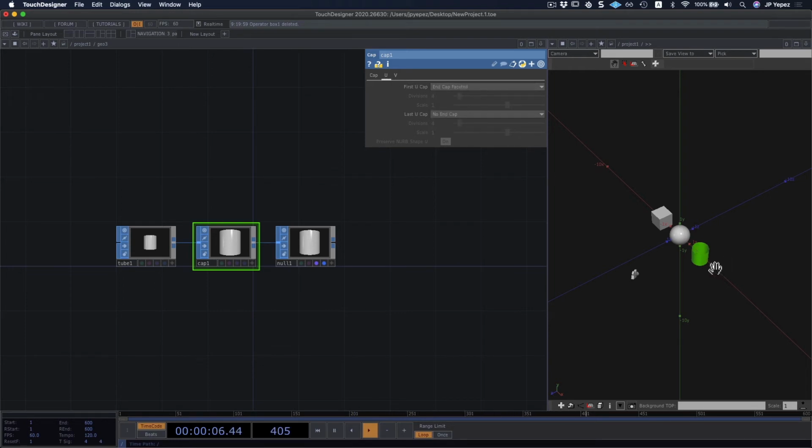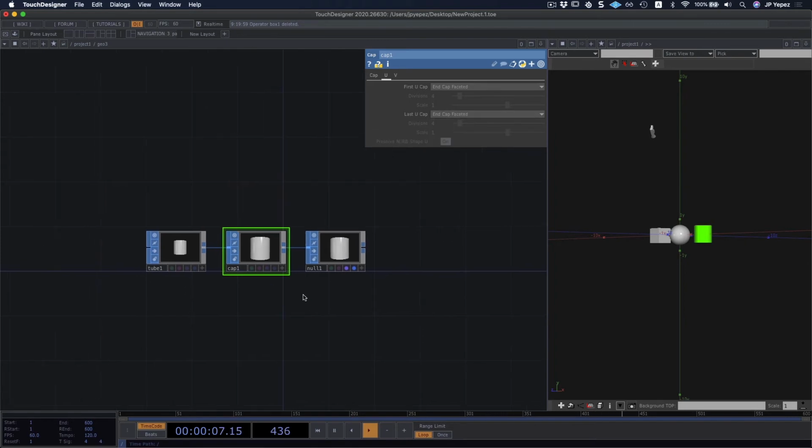As you can see, I added a cap by selecting the U axis, the U coordinates, and there are different types of it. You can use a faceted cap, you can use a rounded cap, whichever you'd like to use. In this case, I'm gonna go for faceted.